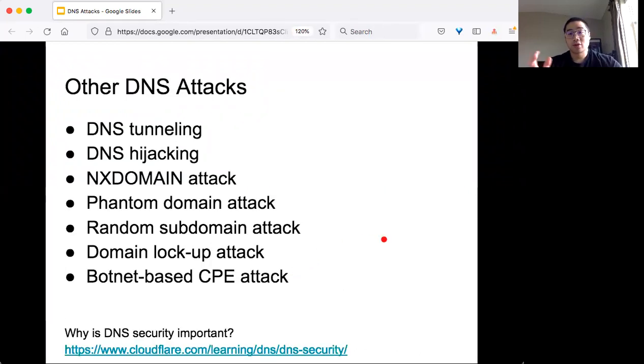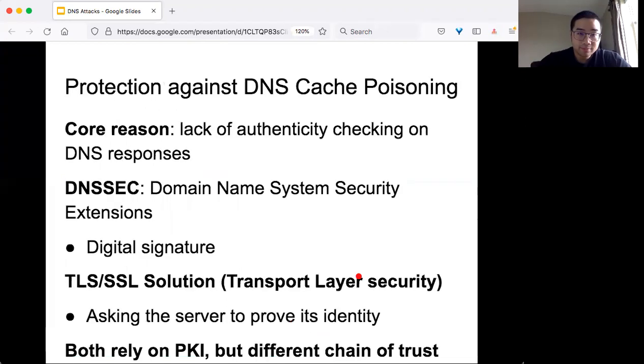And then there are actually lots of more advanced DNS attacks, like tunneling, hijacking, or phantom domain attacks. I encourage you to check this website. It tells you what each attack means. And now let's get back to this cache poisoning attack, and the similar logic applies to